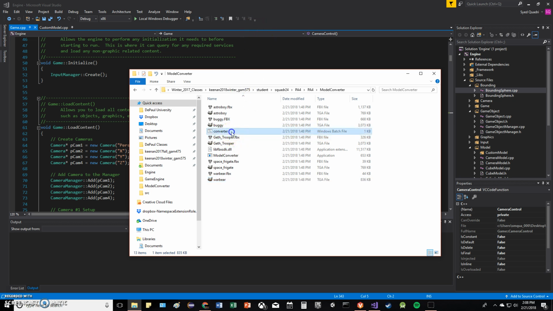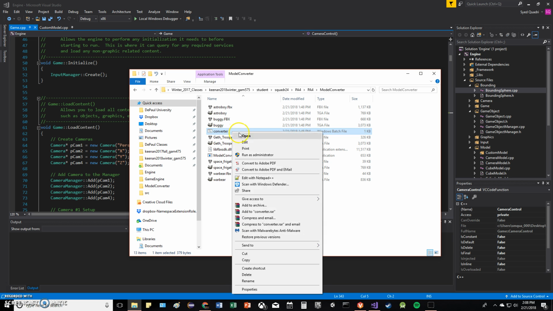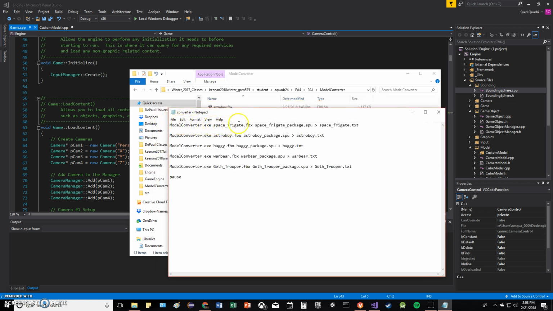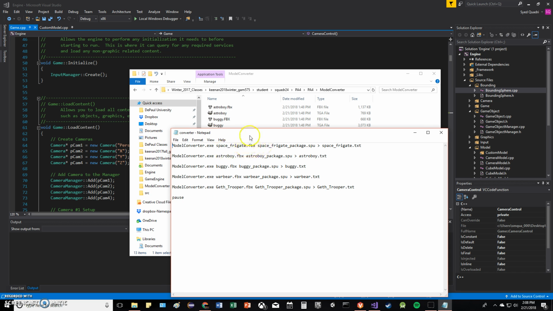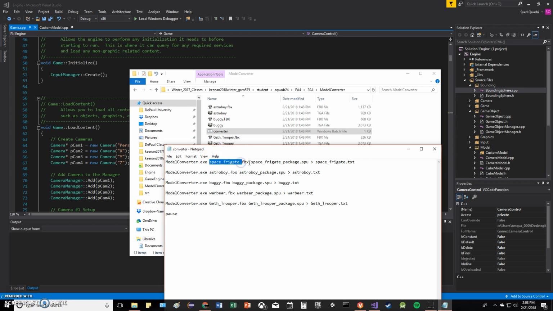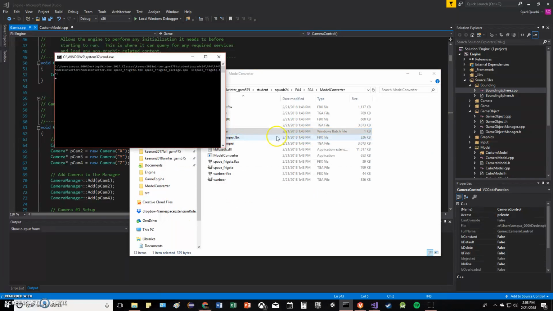So right now I have a batch file that if you just run this, it'll execute all these FBX files and create the packages, but let's just take a look at it. Right here it calls the program model.exe. It takes in the FBX file, and a side note, the texture file has to be of the same name as the FBX model file. Then it creates a package file of your custom choosing name, and saves all the output to a text file called spacestraight.txt. It does this for all the other models, and it just waits. So if I run this really quick,